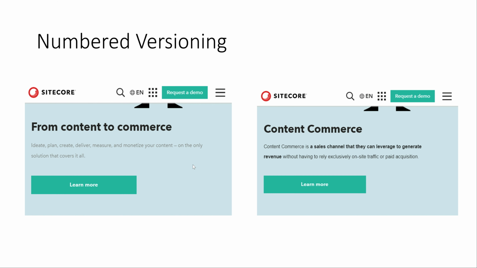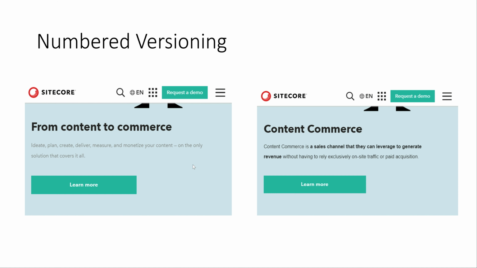That's what we mean by multiple versions. Also, when content authors are working, they will create a new version, so the existing version keeps going, and they work on the other draft version. Once they feel it is correct, they can send it for approval. We will discuss that when we come to the workflow process. So this is all about versioning at a higher level. Versioning has language versions as well as numbered versions.